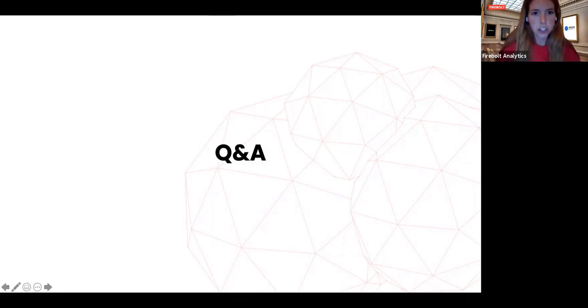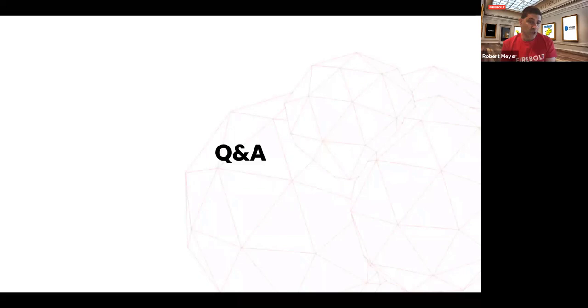First question, Robert, how does Firebolt handle semi-structured data versus Snowflake? We covered that a little bit, but basically Snowflake can process semi-structured data. It doesn't store it natively. It stores it as a long text string, not quite as a blob, but just as raw text.